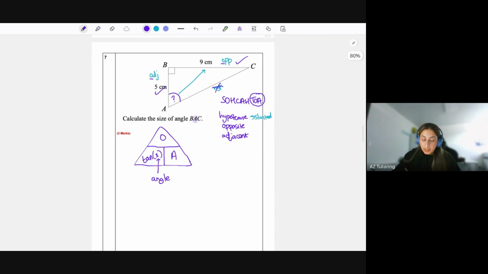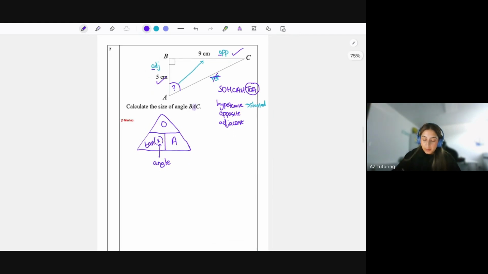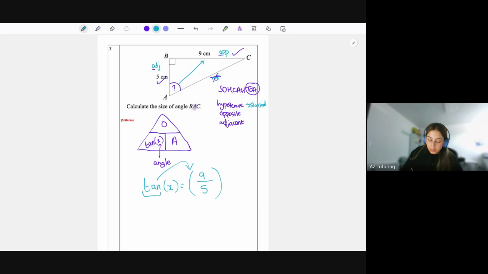So in this case, we have to work out the angle given. So we are going to be using tan of x, because we don't know the angle, equals opposite, so the opposite side, which is 9, divided by the adjacent side, which is 5. And whenever you're trying to find x, you need to take the tan bit, the trig value, to the other side. And how you do that is you do the inverse of your trig value. So it's going to look something like this. X equals tan to the power of -1 times